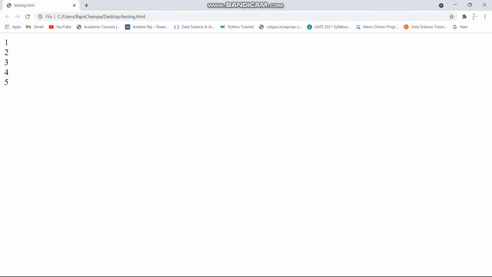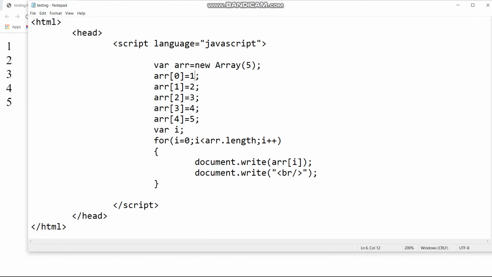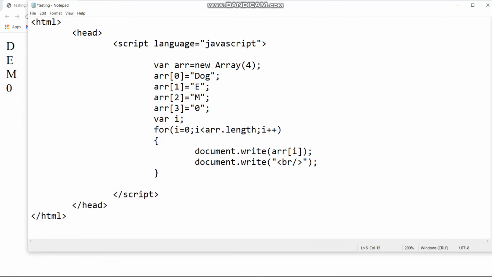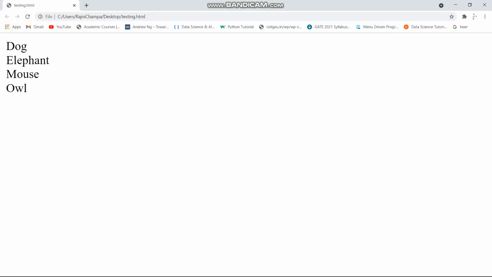Similarly, we can also write characters, and this is how you are going to do it. You do not have to do anything extra. You have to write the characters within double inverted commas in place of the numeric values you just filled. And I will take out array[4], and I will write there only 4 items. So I have written demo, and then you can also write a whole word in this array. Words can also be the items inside the array, and you can write it like this. This is how it's done.